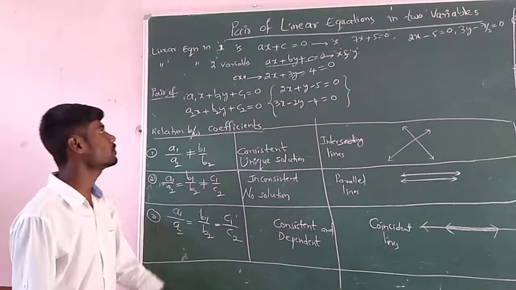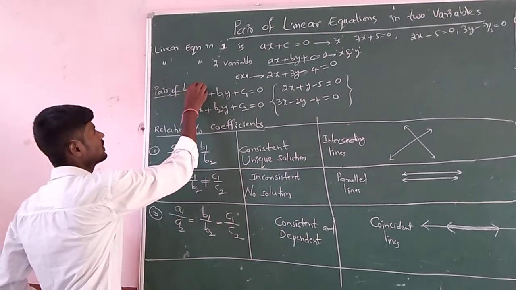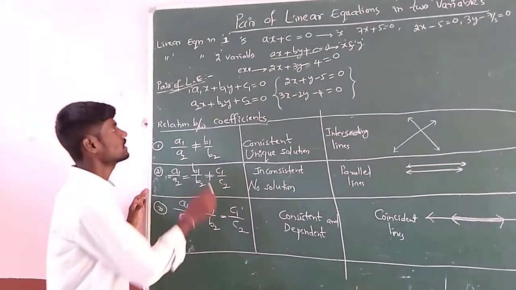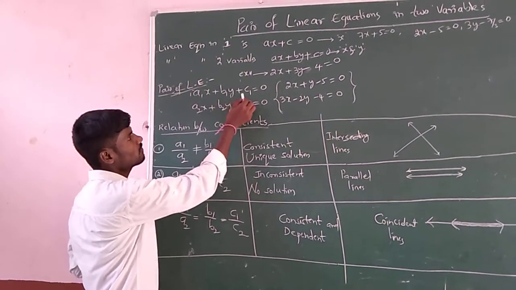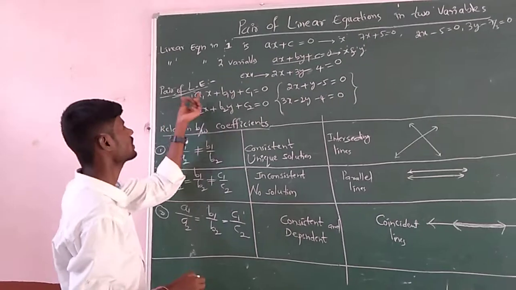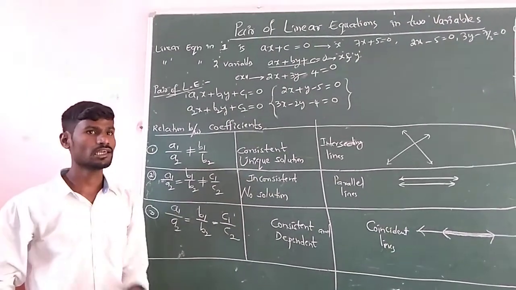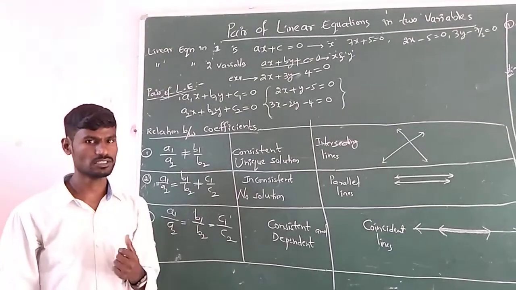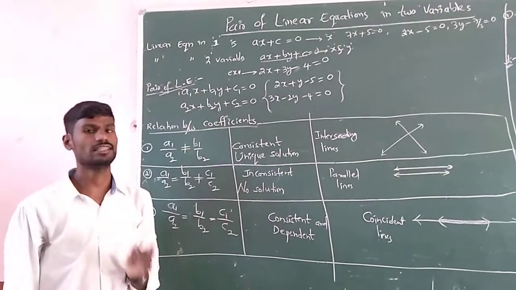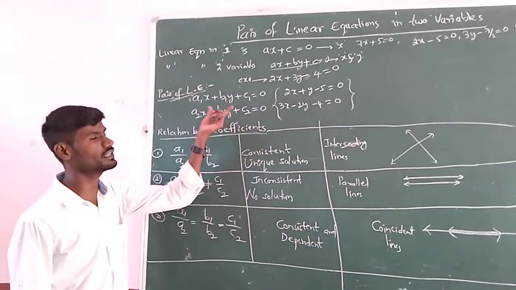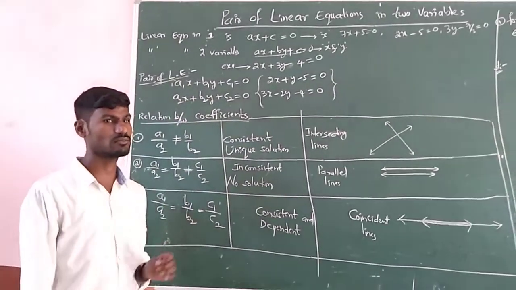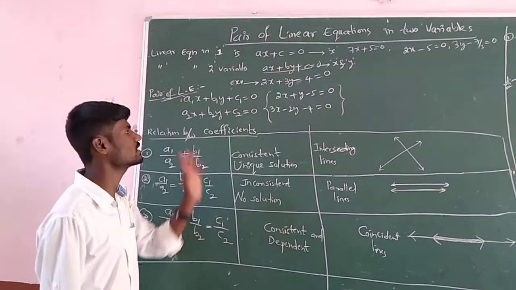Next, coming to pair of linear equations. What is a pair? Pair means two, double. Their standard form is a1x plus b1y plus c1 equals 0, a2x plus b2y plus c2 equals 0. But how can we define them as a pair of linear equations? If two equations in two variables simultaneously hold true for the same corresponding x and y, then they are said to be a pair of linear equations in two variables. Simply to say, for the same x and y, both equations will be satisfied.